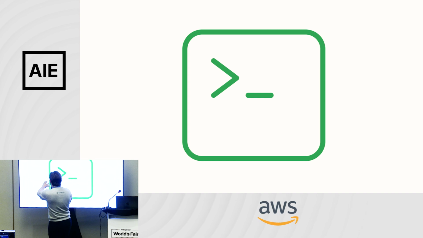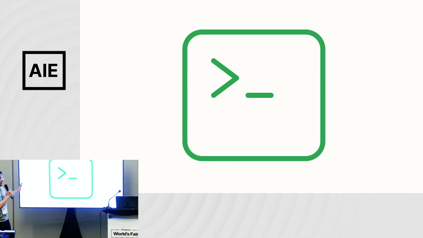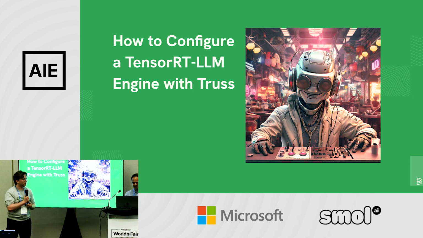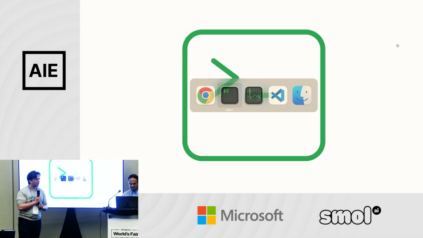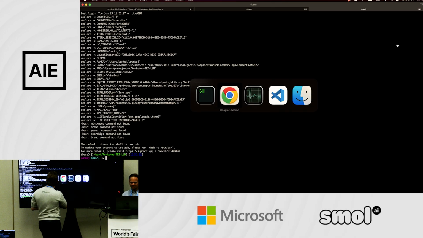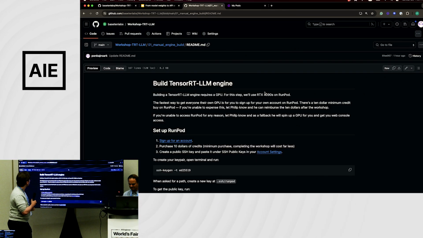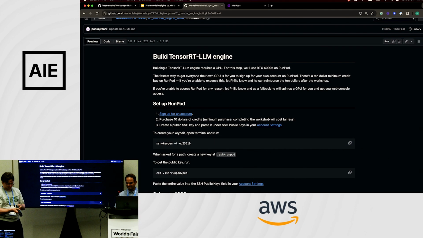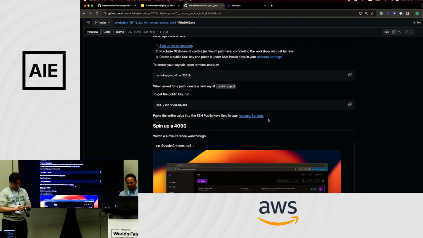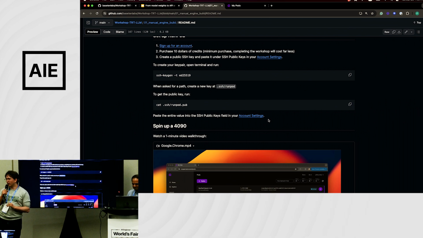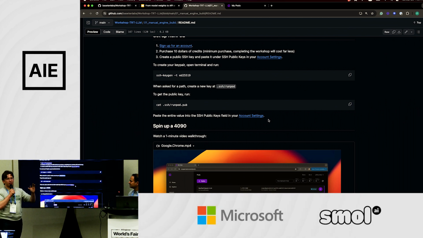Okay. So this slide means we are transitioning to live coding. So let's go over to the live coding experience. I'm basically going to follow this repository. All the instructions are here, and I'm going to follow exactly what is here, so you can see how to follow along. And if you ever get lost or need help, just raise your hand, and I'll come over and catch you up one-on-one.